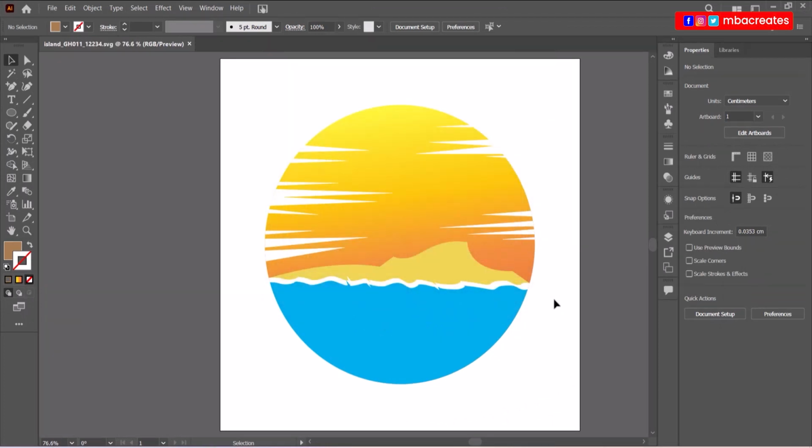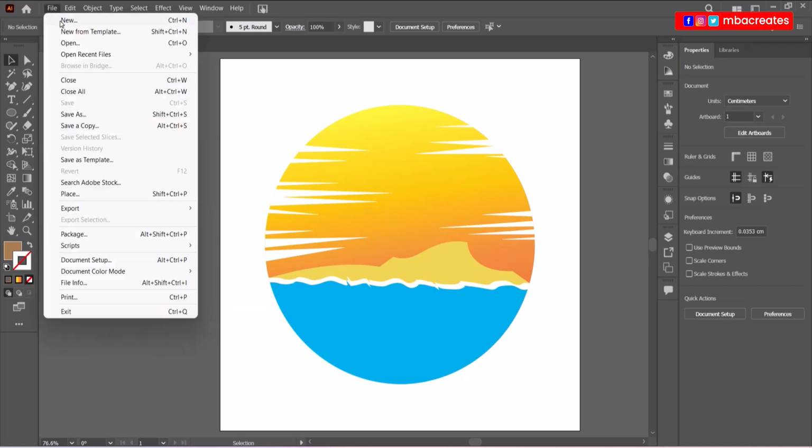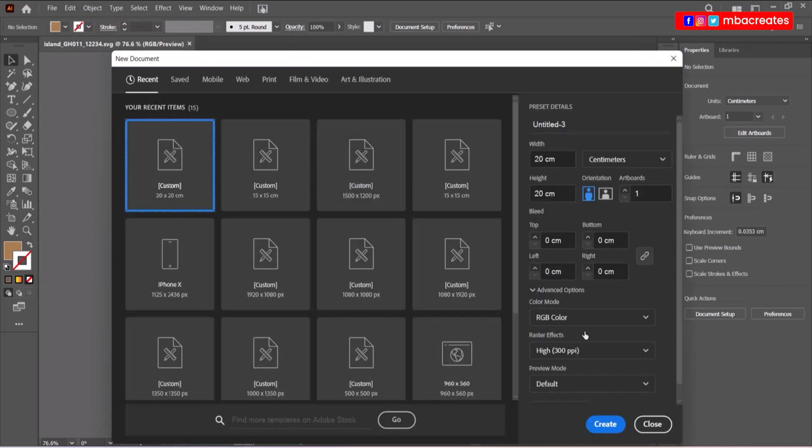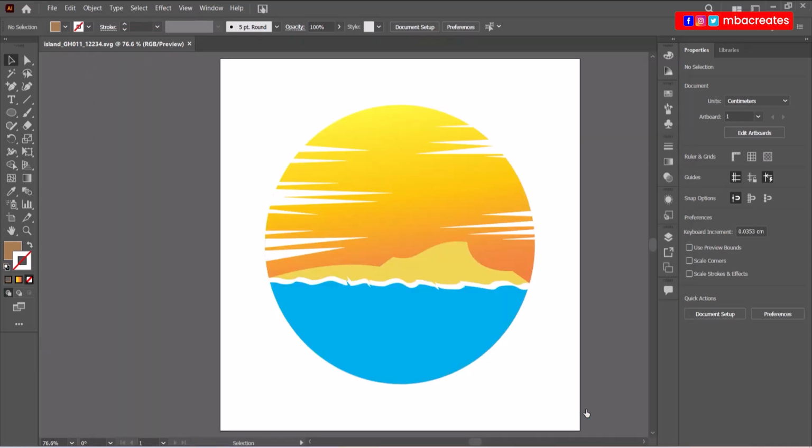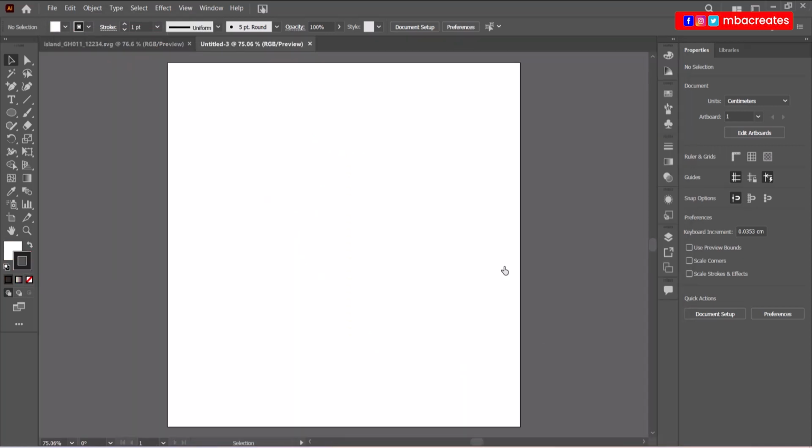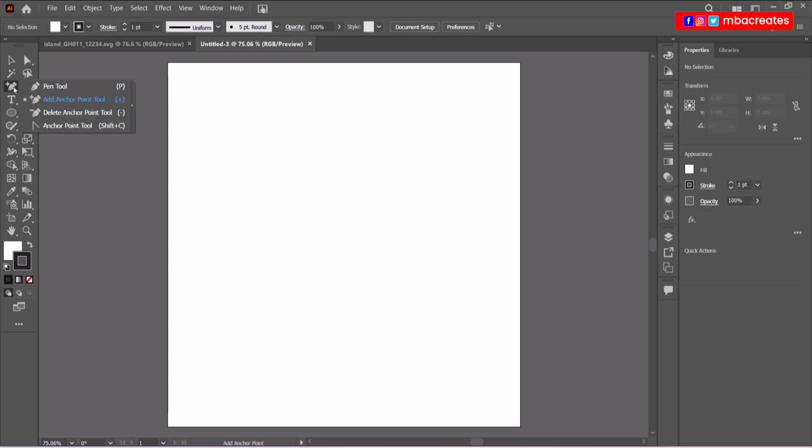Now we're going to recreate or create the trees on a new artboard since we are going to save them separately. So we are going into File, select New with the same size. Just click Create. And to start creating the tree, I'm going to begin with the trunk or the trunks. So I'll pick my pen tool and just draw the skeleton of the trunk